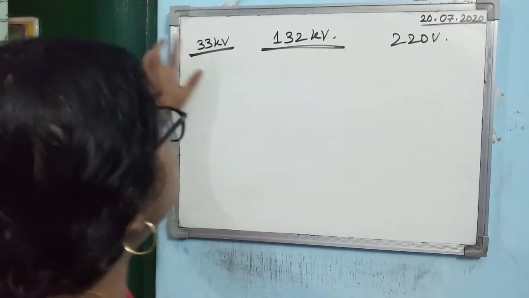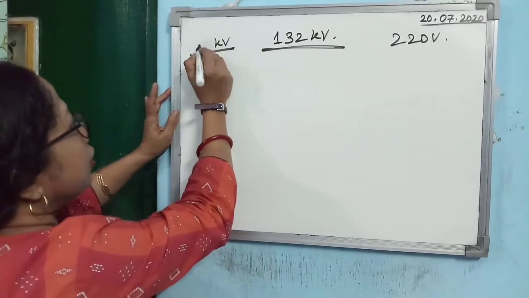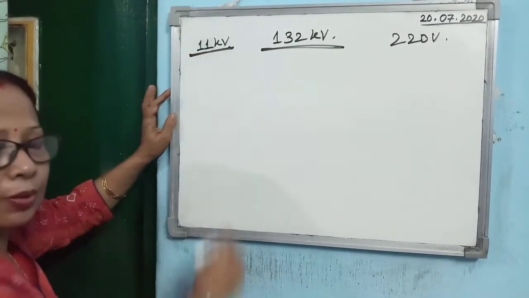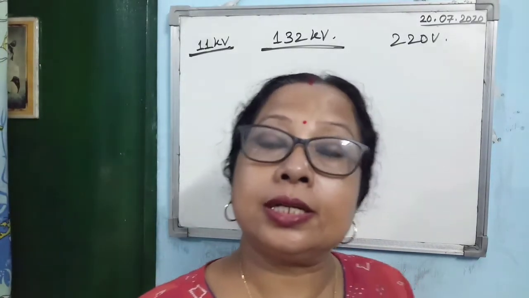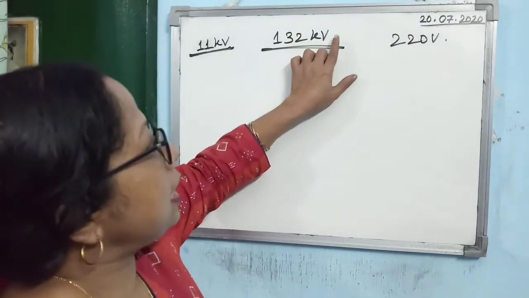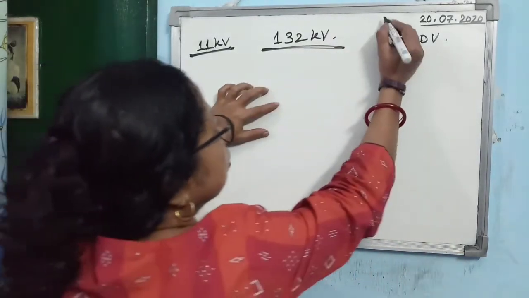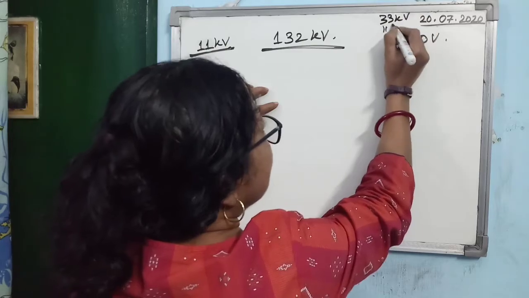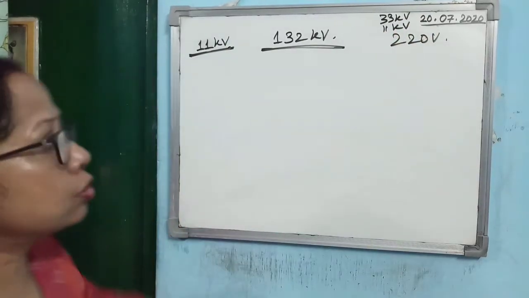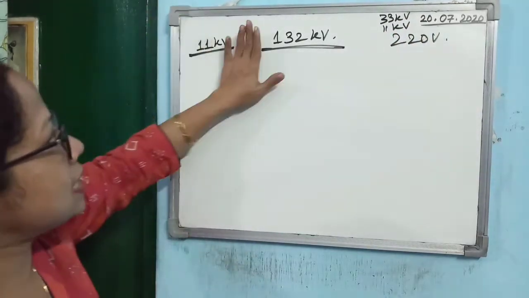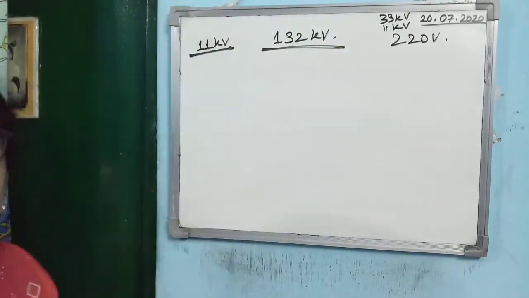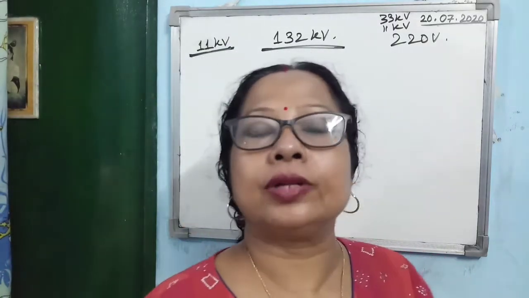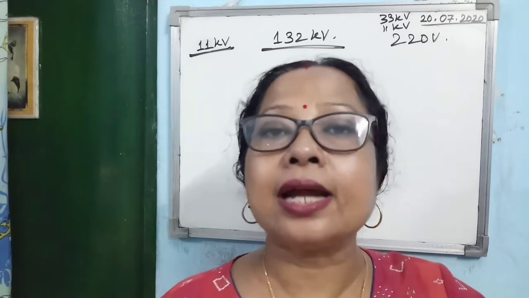And then here, I'm sorry, it is 11 kilovolt. In the electric power station, electricity is produced not at 33 kilovolt, it is at 11 kilovolt. So you need to step it up to 132, and then step it down to 33 kilovolt, or to 11 kilovolt, or to 220 volt. So in this case you need a step up transformer, and in these three cases you need a step down transformer. Alright, so this is the utility of the transformer, that is why we need a transformer.